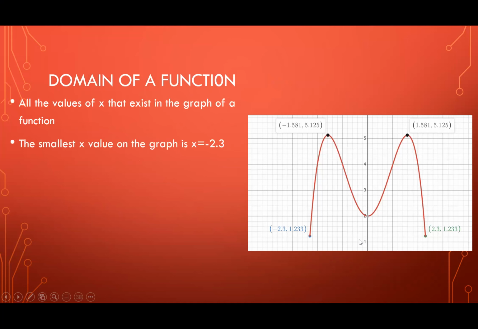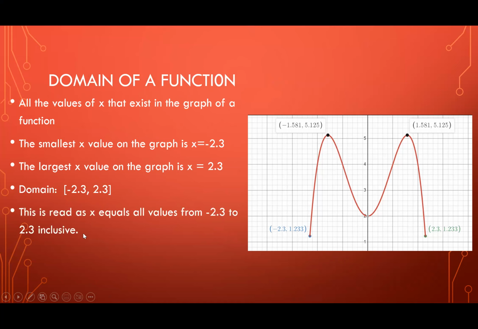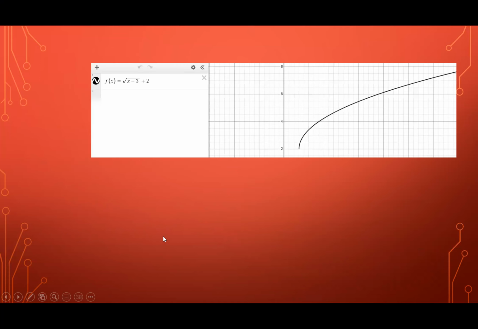All right. So the domain, all the values of x that exist in the graph of a function, are called the domain. And the smallest x value is -2.3. The largest x value is 2.3. So therefore the domain, we write the domain as -2.3 to 2.3 with the brackets. This is read as x equals all values from -2.3 to 2.3 inclusive. If we look at this one,